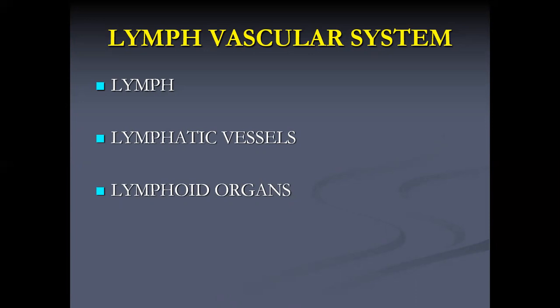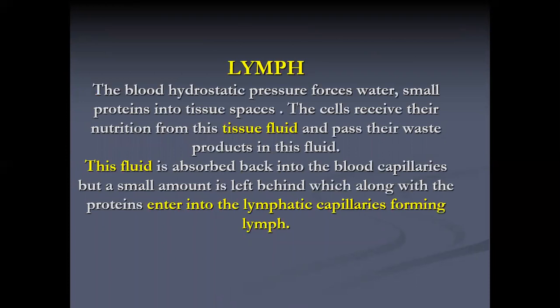The lymphoid tissues and organs include the lymph nodes, nodules, and the lymphoid organs. Tissue fluid is formed at the arterial end of the capillaries, and most of it is returned back to the circulation by the venous end of the capillaries. But 10 to 20% of the tissue fluid passes into the blind-ending lymphatic vessels known as the lymph vessels. It traverses the lymph nodes and the lymph nodules, and finally returns back to the venous system. This forms a circulation.